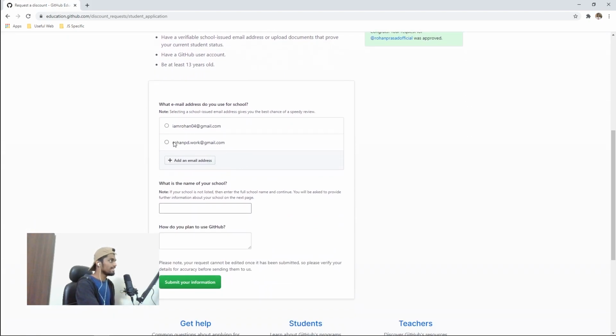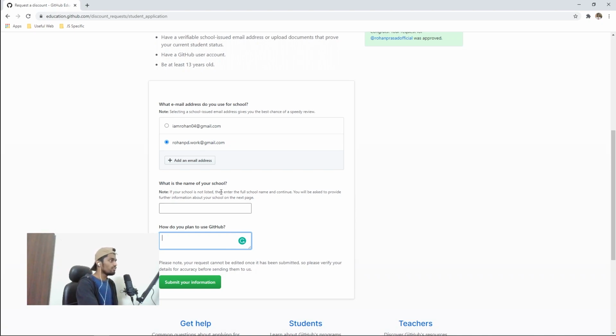So you can select your default email ID out here, or you can add an email address. I was talking about the official email ID of your college, be it rohan@example.com, or you are studying in any IITs or any college, for example IIT Kharagpur, so it might be rohan@IIT Kharagpur. So you can enter that email ID here as well. It simplifies the process a bit if you enter your official email ID. Again, you mention your college or school or wherever you're studying, where you plan to use GitHub. This will be reviewed by the people at GitHub to verify that yeah, we should give you the pack